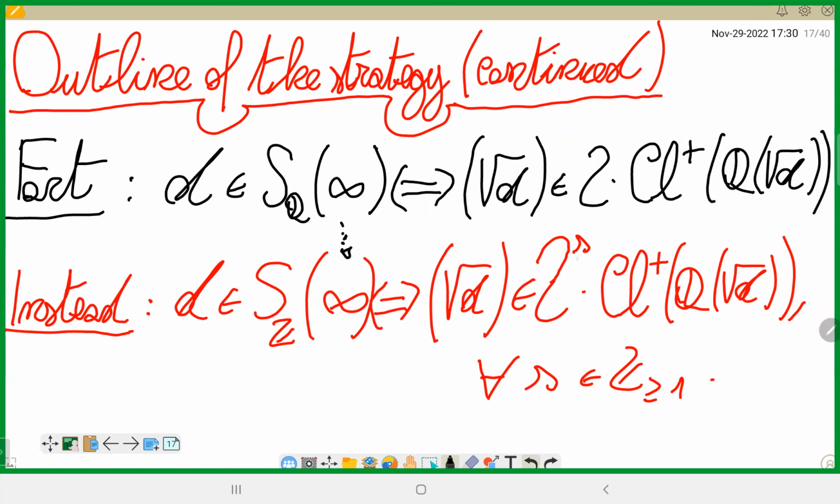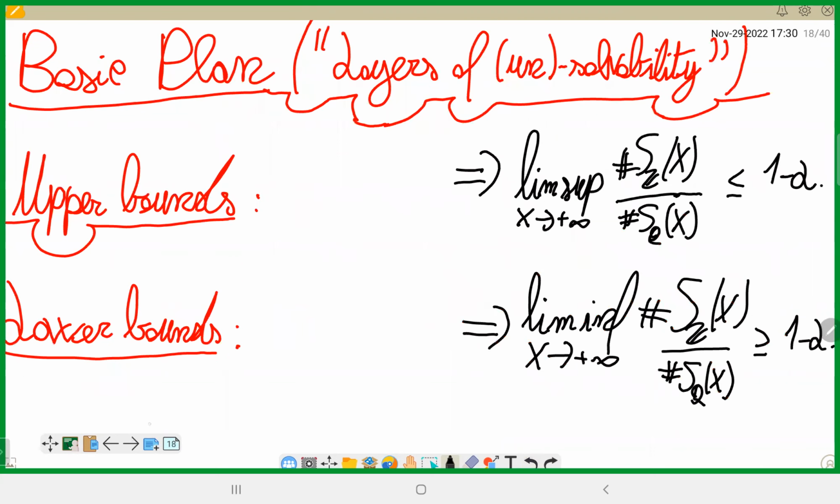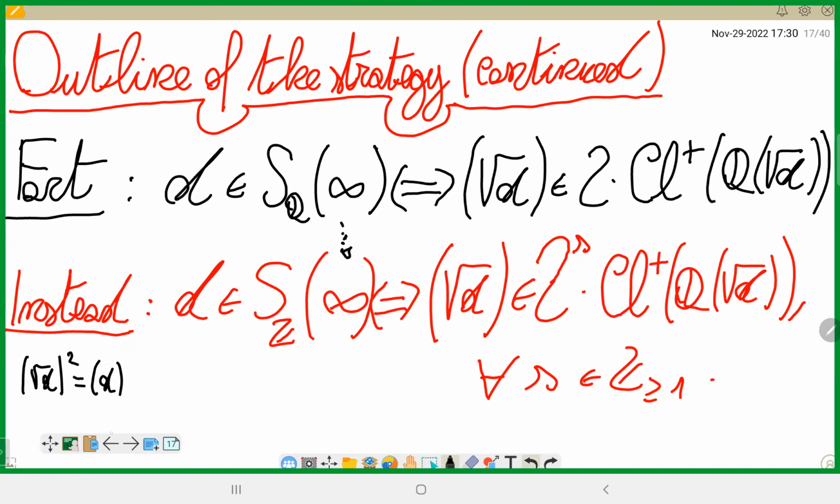So to pass from SQ infinity to know that you are actually in SZ infinity, you have to essentially check that you are divisible by every power of 2. And that's exactly because square root d is two torsion, because for a two torsion element in a finite abelian group, it's trivial if and only if it's divisible by every power of 2. So now basically the idea is that, okay, now you have this sort of layer, sequence